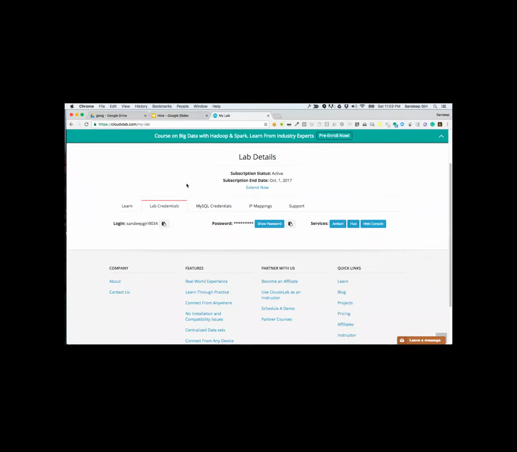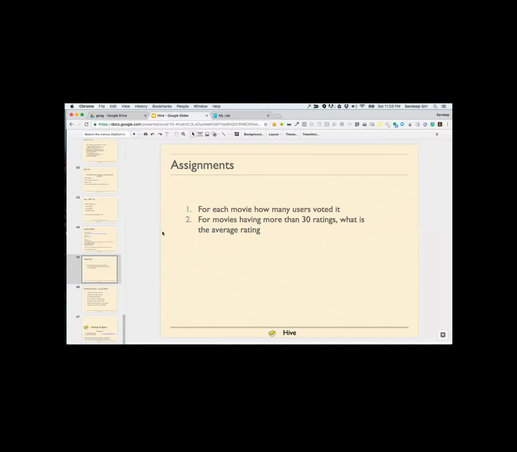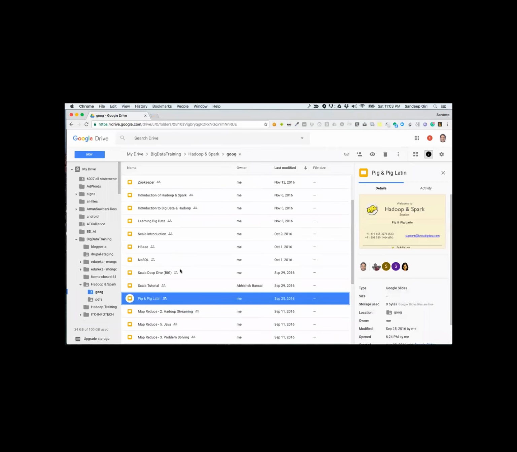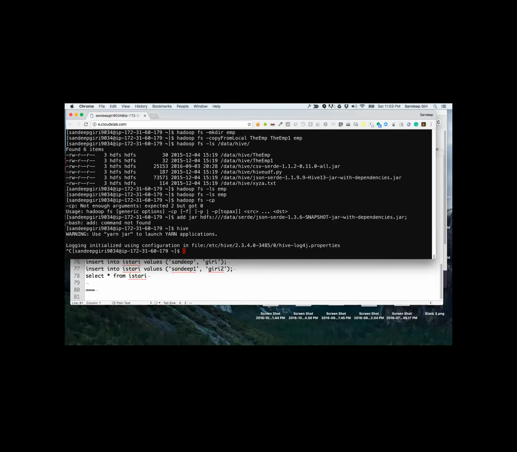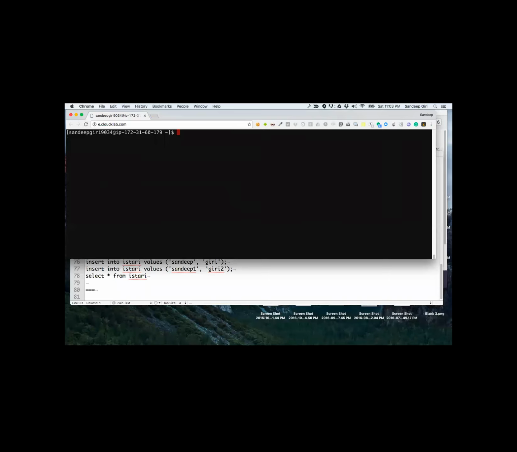All right, that's pretty much about Hive. We gave a decent amount of time to Hive, and I think we did good. Tomorrow we are going to talk about NoSQL, and then we will start with Scala. Or maybe we'll just finish everything related to Hadoop tomorrow: first NoSQL and HBase, and then other components such as Sqoop and Flume.